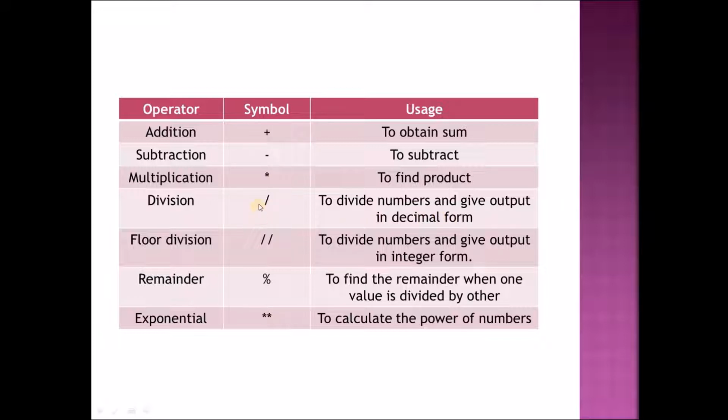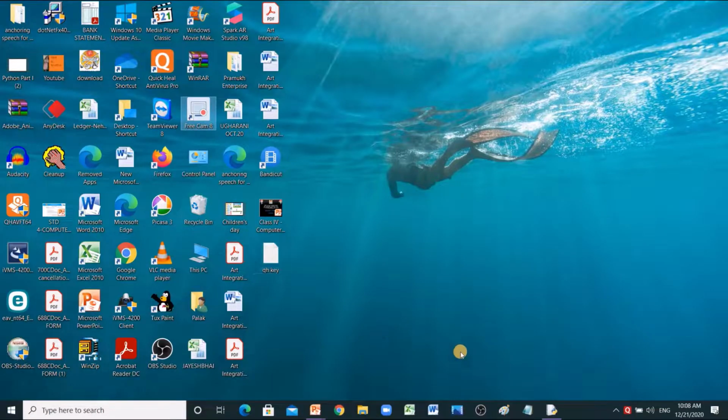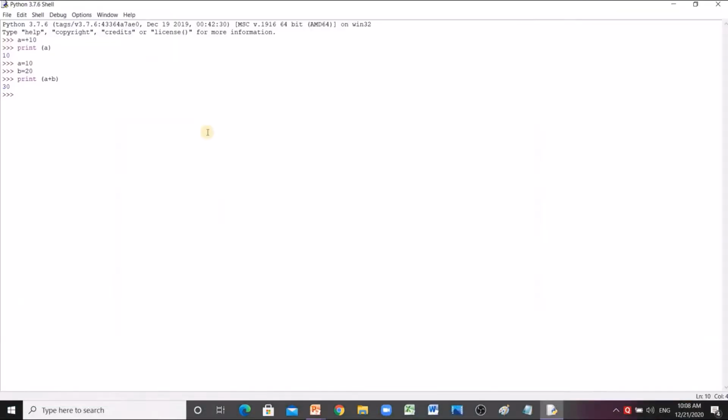Now students, as you can see on the screen, there are two kinds of division that are present in Python. You have simple division and you have floor division. So I'll just give you practically the example and then we'll understand the difference between division and floor division. I'll start Python. When I divide a number, say suppose I divide 12 by 5. So if I divide 12 by 5, so I'll get the answer as 2.4. This is normal simple division that we use.